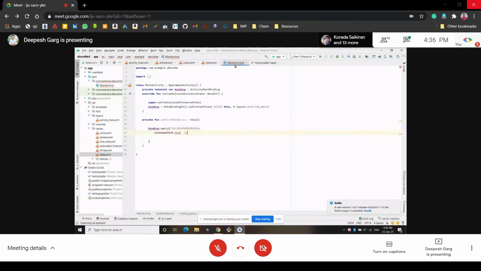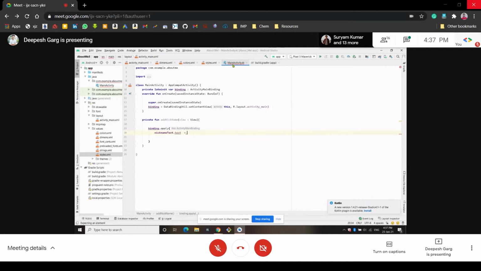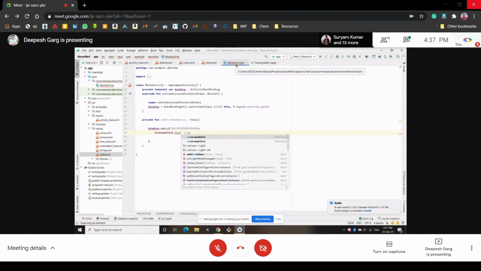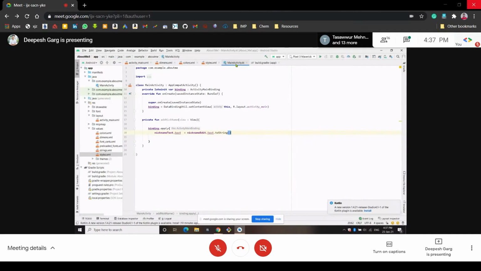It should contain the text of the editable text view. We have named it nickname edit. Let's write here nickname edit dot text, and we want it in string form, so we will write toString. Okay, so we have transferred the editable text view's text to the hidden text view.